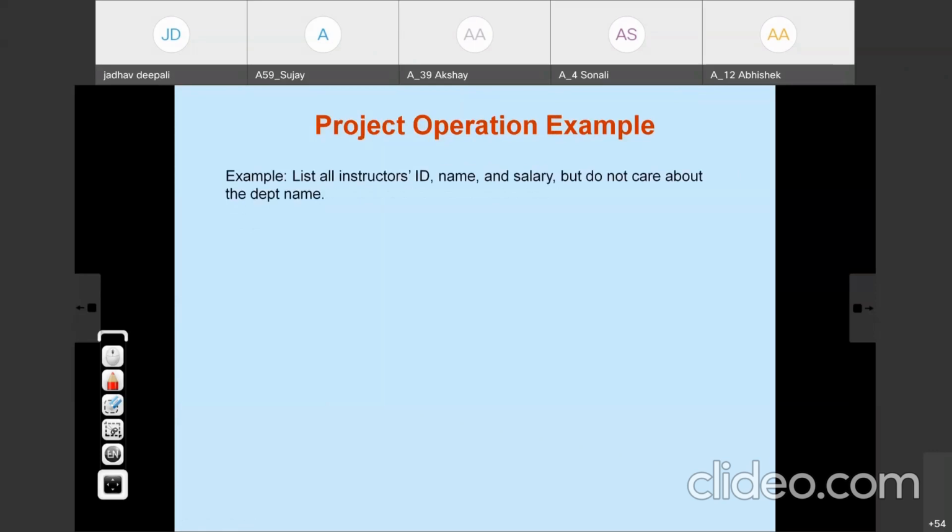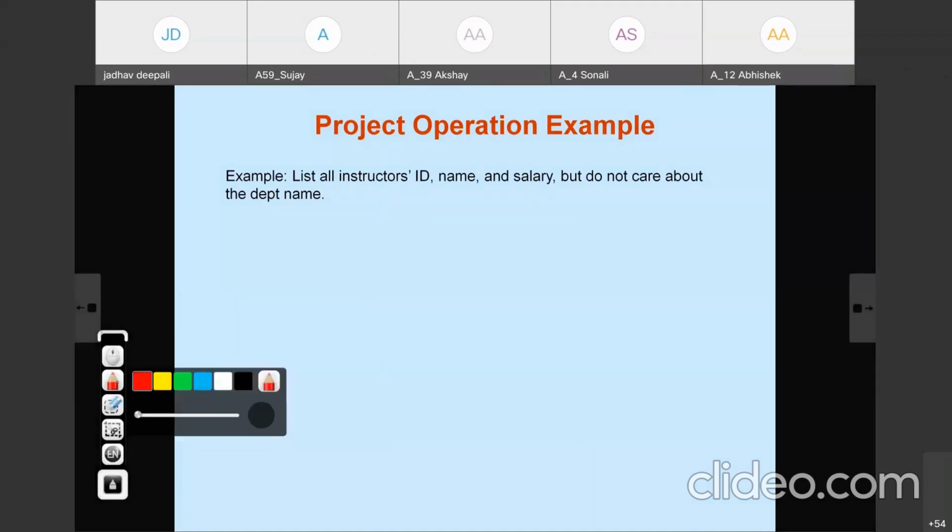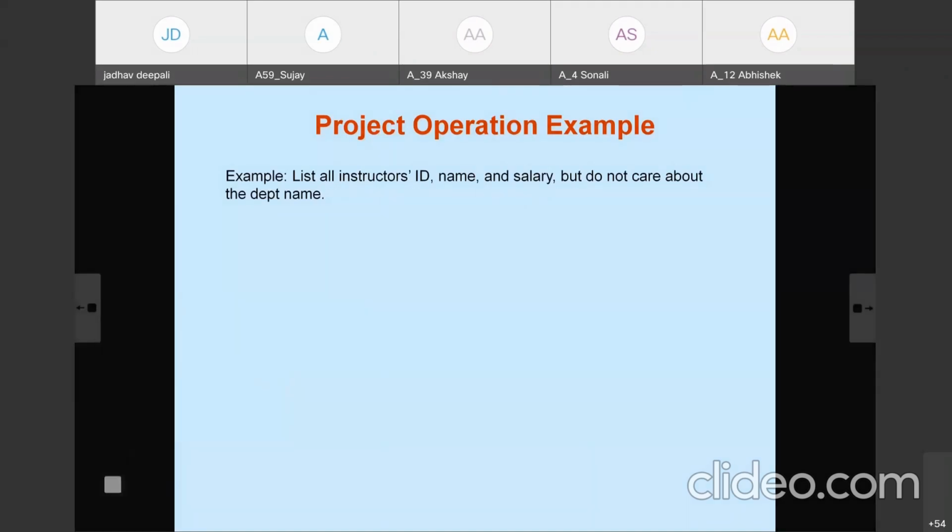Now list all instructors' ID, name, salary, but do not care about the department name. That means in the resulting relation we want the instructor's ID, name and salary, but not the department name. So I use here project, the uppercase Greek letter pi, followed in subscript by the attributes that we wish to appear in the result, that is ID, name and salary, with commas, and in parentheses the name of the argument relation.